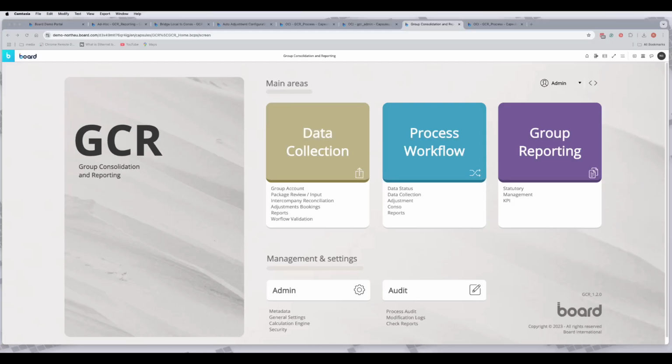I am one of the pre-sales consultants at Plan Pulse, and today I will demonstrate the new features of Board GCR 1.2. GCR is one of the pre-built solutions that enable you to run your consolidation smoothly and accurately. The application has been developed in collaboration with KPMG to ensure that it is compliant with all rules and regulations